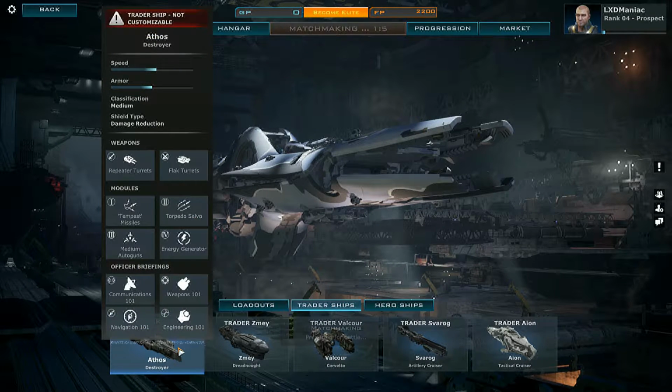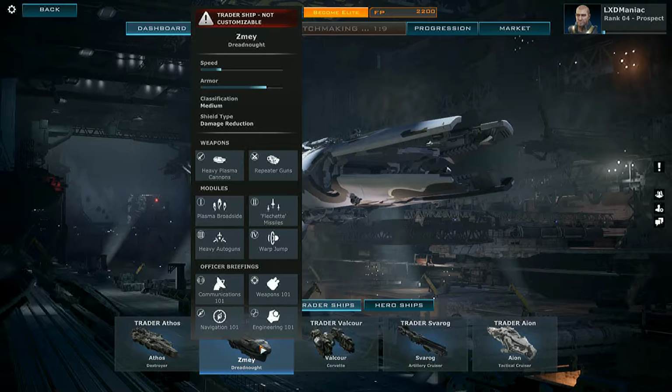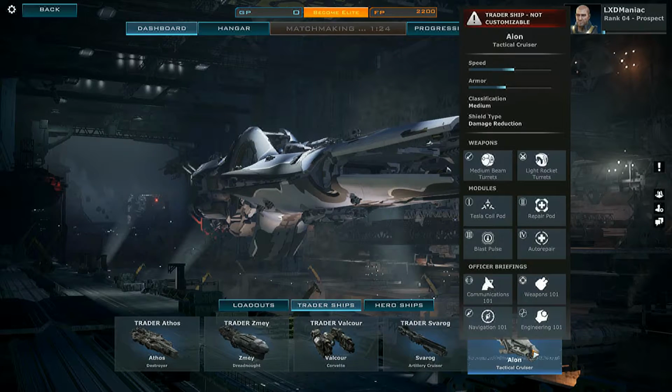So you have your destroyer class, which is like the middle ground. Then you have your Dreadnought, which is the heaviest of the ships, with the most firepower but the slowest. Then you have your Corvette, which is the fastest and also has cloaking and stuff like that. Then you have your artillery cruiser, which is like a sniper that can shoot from a distance. And you have your tactical cruiser, which is more like your healer and support ship that you can support